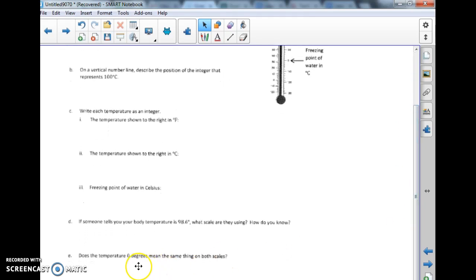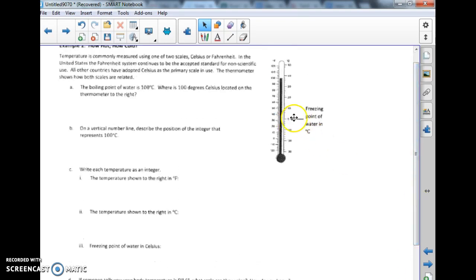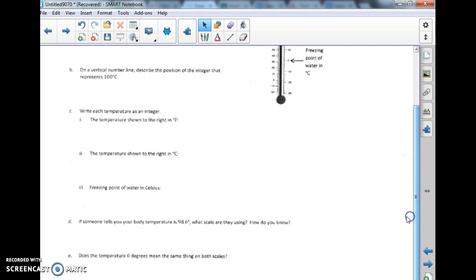Does the temperature 0 degrees mean the same thing on both scales? So again, here's the 0 here, here's 0 for Fahrenheit. So no, they definitely do not mean the same thing. 0 degrees Fahrenheit is actually a colder temperature than 0 degrees Celsius. Again, it's just learning about how to use these scales and noting what each of the marks mean, paying attention to what the numbers on this side mean, what the numbers on this side mean, and thinking about numbers being located above or below 0. Something else that is going to happen on your homework tonight that I wanted to discuss real quickly